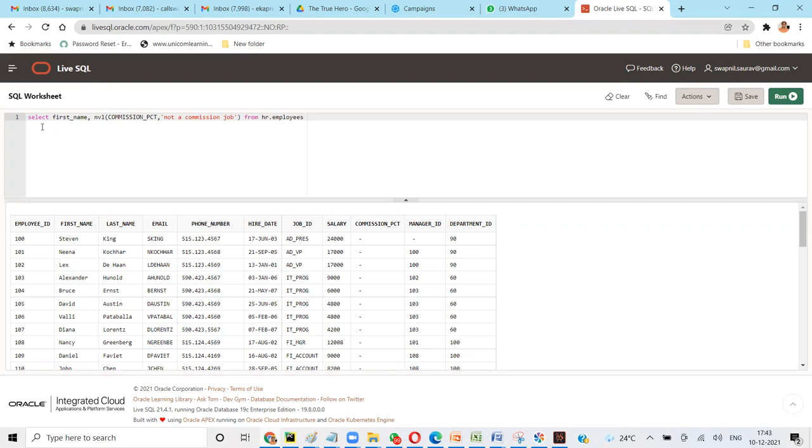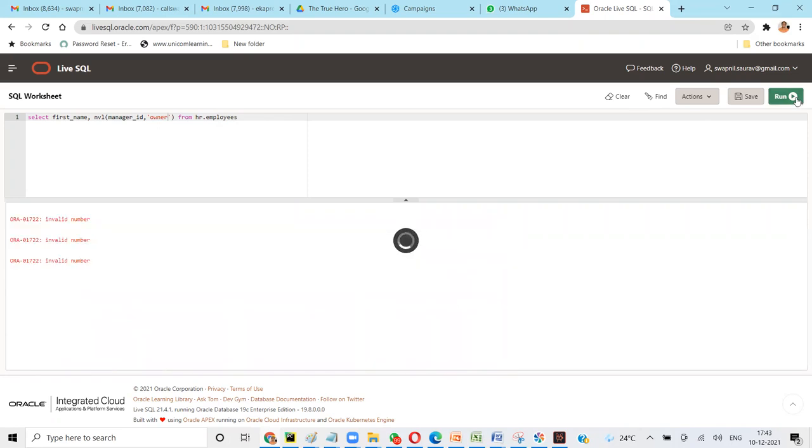So if I say NVL, okay, let's try manager ID. It may not be the null thing. Let's try manager ID, right? And I'll call it manager ID owner. I'll type it as owner. Owner doesn't have any manager. First name, comma, NVL manager ID.